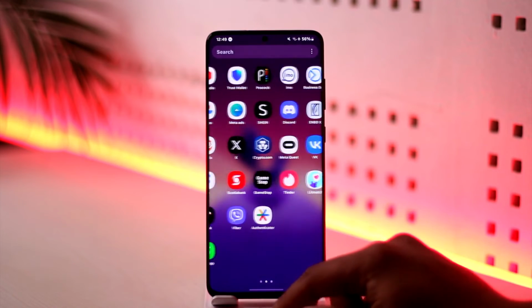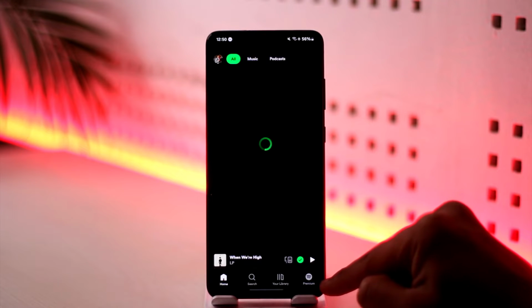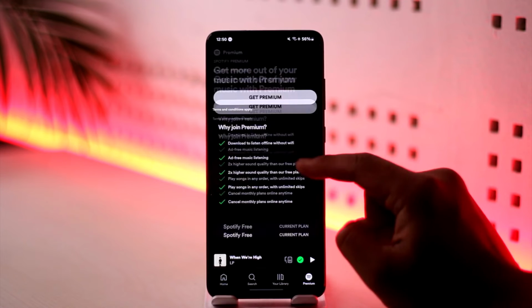For Android users, it's pretty much simple. Just open up the Spotify application and log into your account. Then once you log in, you'll find the premium tab from the bottom right here. Then right here you'll find get premium button, so you can tap on get premium,